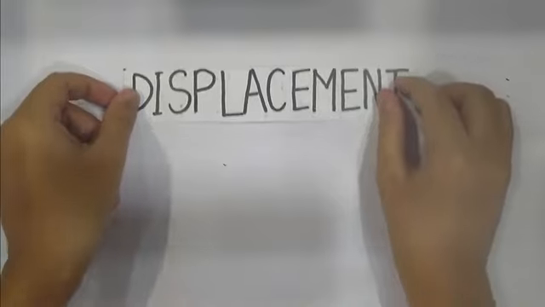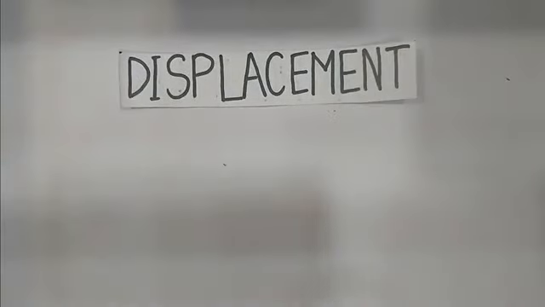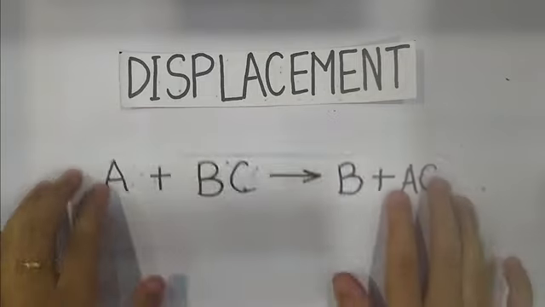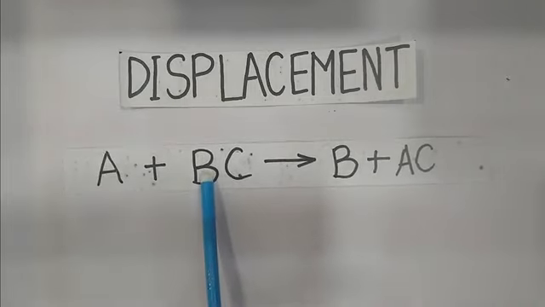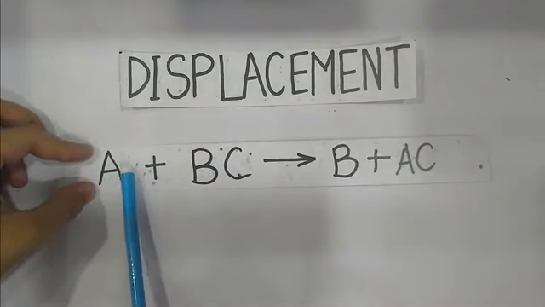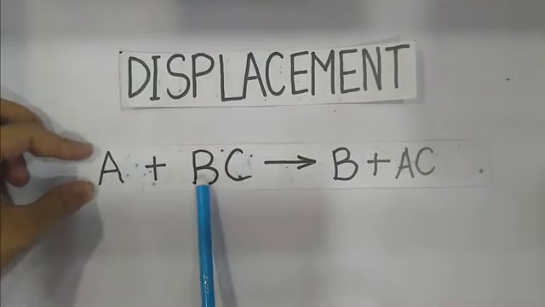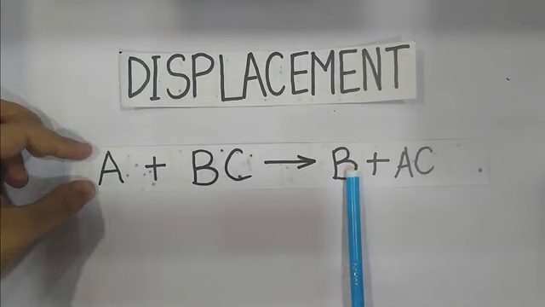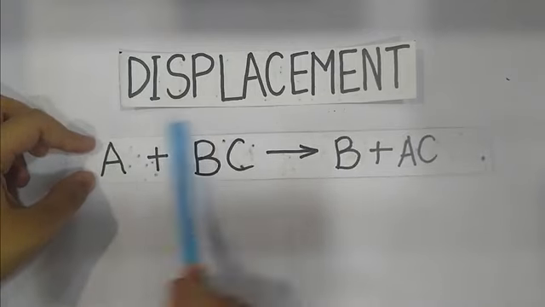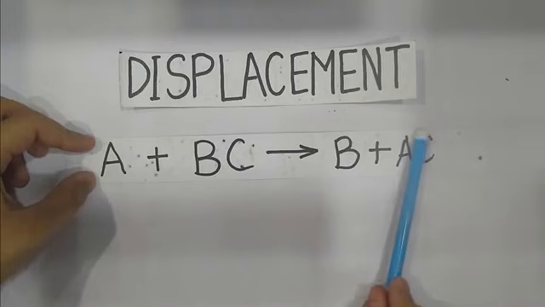So now we talk about the third type of reaction, which is the displacement reaction. So what exactly is happening in a displacement reaction? Take this example where A is combining with BC to give B and AC. So look clearly at what has happened in this reaction. A combined with BC, right? And then what happened? A got attracted to C, and now B was left out. So B now is present as only one single element, and A and C have formed a compound.